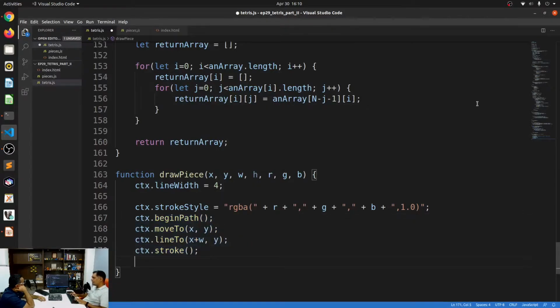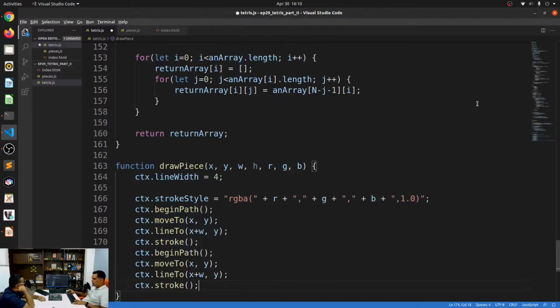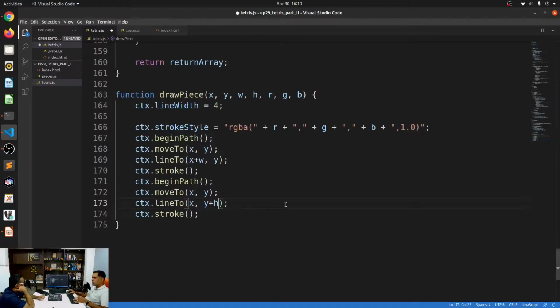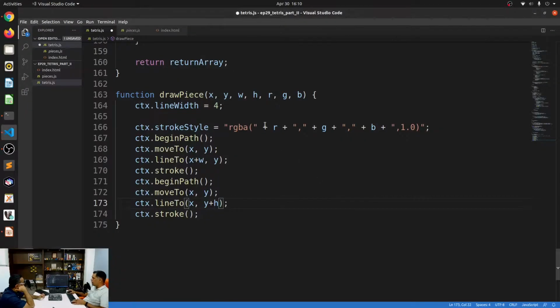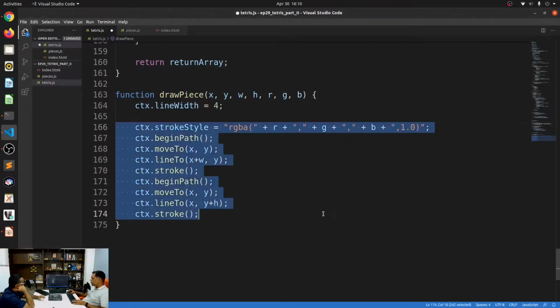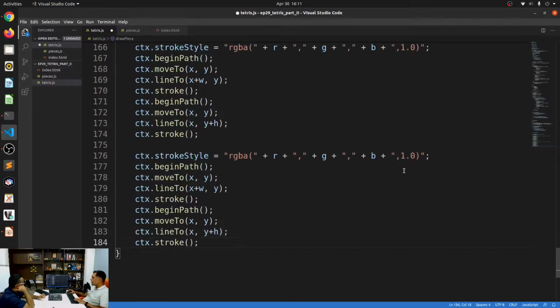I need to do the exact same thing, but in the downward direction. So once again, it moves to x comma y, but it moves to x plus height. So we've taken care of this and we have taken care of this. Now let's take care of these 2 lines. Same thing, but I'm going to draw it in a lighter shade, which means I'm going to reduce its alpha. And for this, let me just say that the alpha is 0.6. We'll adjust it as we see fit.